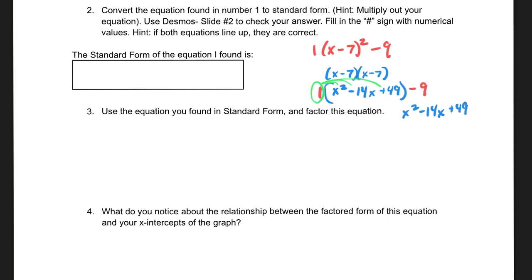Okay, and then the -9 is still there, which I will subtract out and get an answer of x squared minus 14x plus 40. That is now in standard form. So I'm going to write that in this box, x squared minus 14x plus 40. That's in standard form. So I'm going to go ahead and put that into my equation on slide number 2